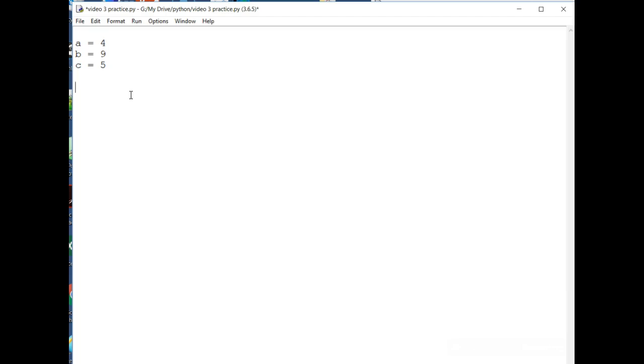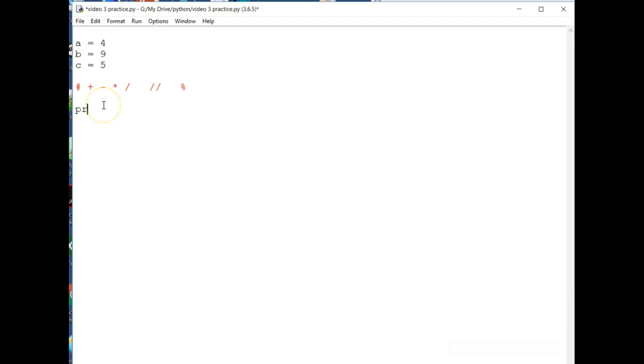But the mathsy things we can do in Python are, we can do plus, we can do minus, we can do times, we can do divide, we can do floor division. Floor division is like divide, but it doesn't give you the remainder. It only gives you the whole numbers. Sorry, separate those out a bit so you can see what's going on there, and we'll play with them soon, so don't panic. We can also do modulus, which is almost like the opposite of floor division. It gives you the remainder, but not the whole number, to be explained shortly. Okay, so